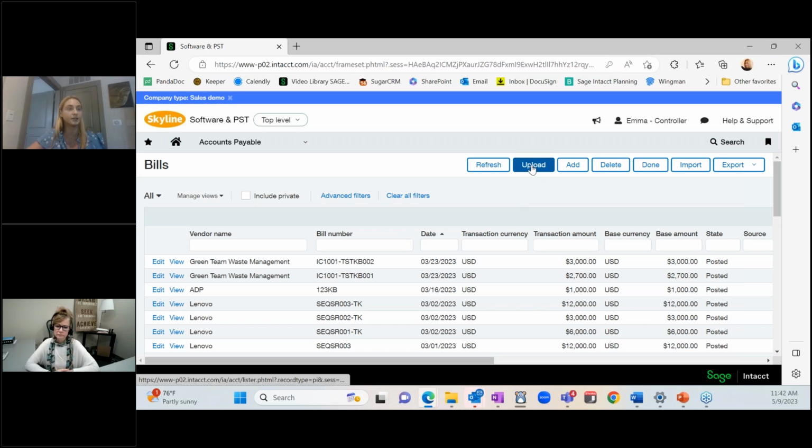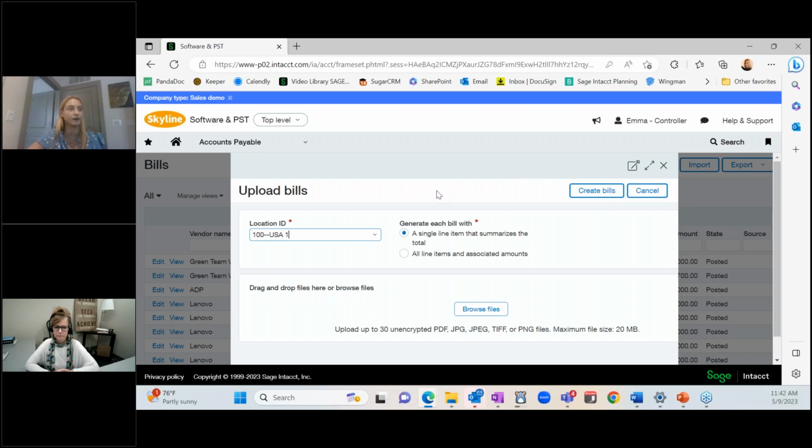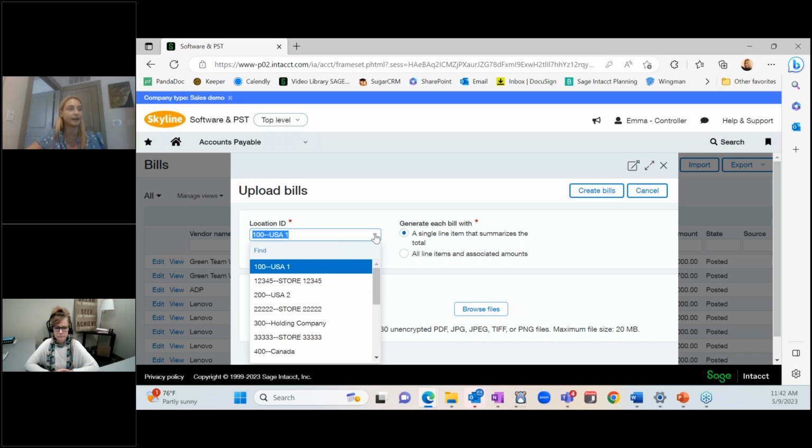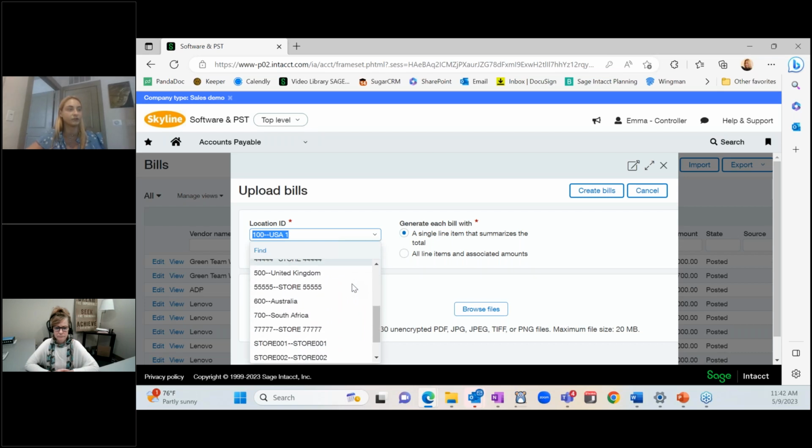But you have this option to upload, but you also have an option to email it, which is pretty neat as well. And I'm going to just show you the upload feature today, as the email is just a minute slower, but the upload here, we would go ahead and pick out which location if we are at the top level. If that entity or location does change for us here,